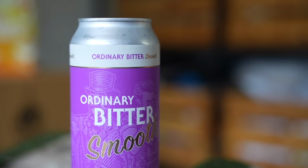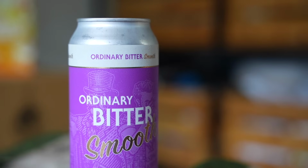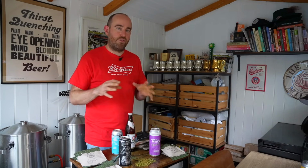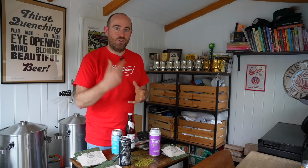But we still use Goldings to really great effect in loads of absolutely brilliant British bitters, British pale ales, British porters. It's a really utilitarian hop. You can use it for lots and lots of different things and get a slightly different character out of it, depending on how much you use it, what style it goes into, and indeed which Goldings you're using from which